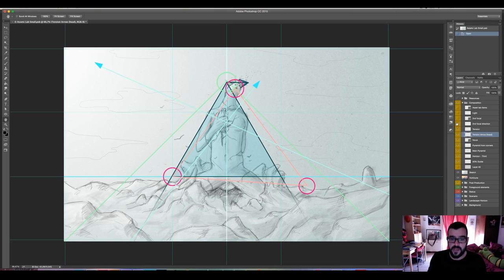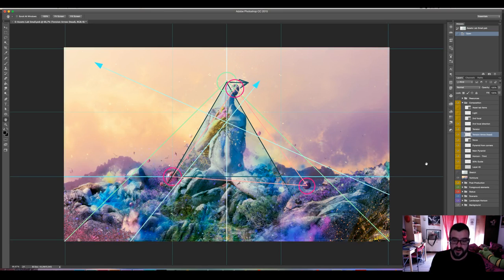Well, I'm going to trace 2 lines of direction that you will appreciate better if you see the final artwork. As you can see, there are 2 main directions that the composition follows. One of them is created by the line in focus, you can see it here.